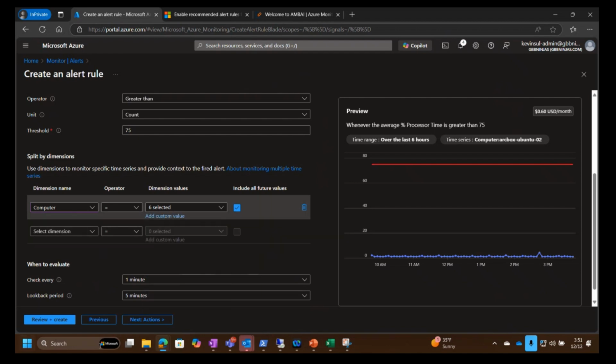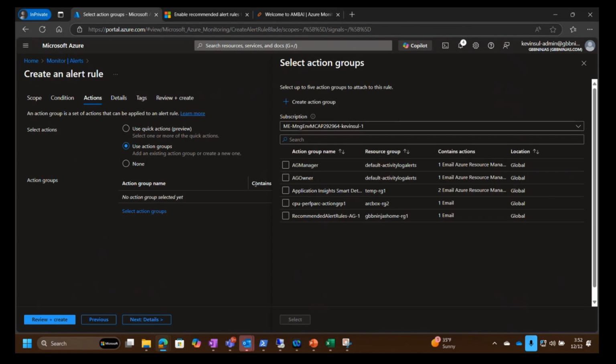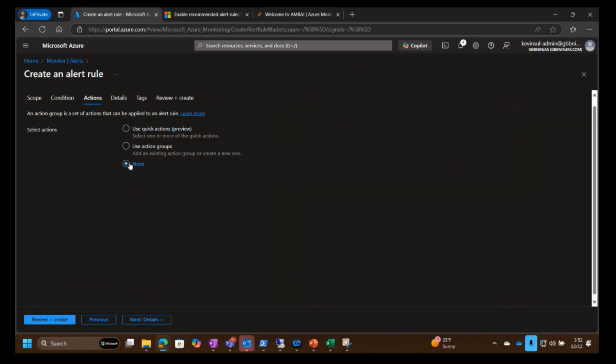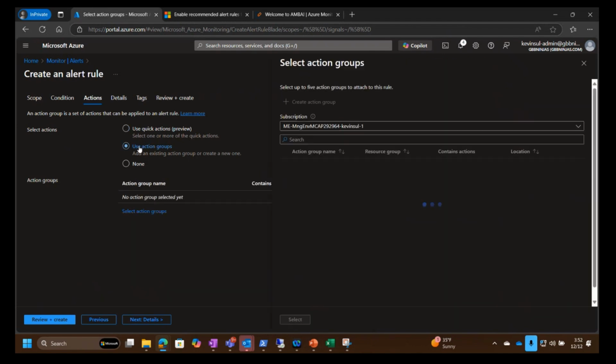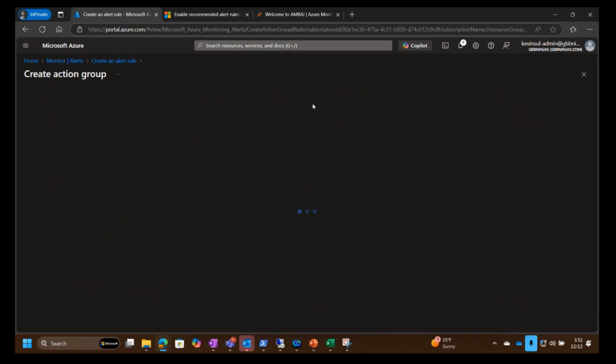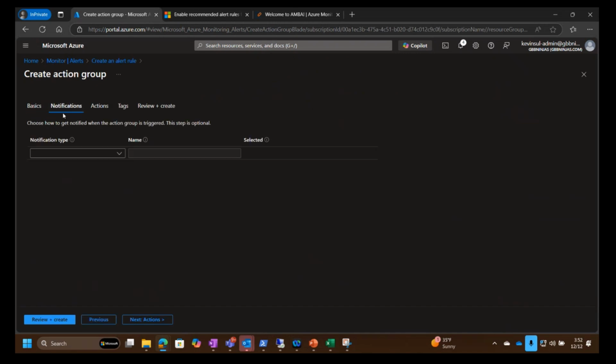So if I do that and I go to the actions, this is where it's up to you how you want to do this. You don't have to have actions at all. The most typical actions are, hey, email somebody, send me an email with all the details of what's going on here. If you do create an actual action group, you can do notifications,